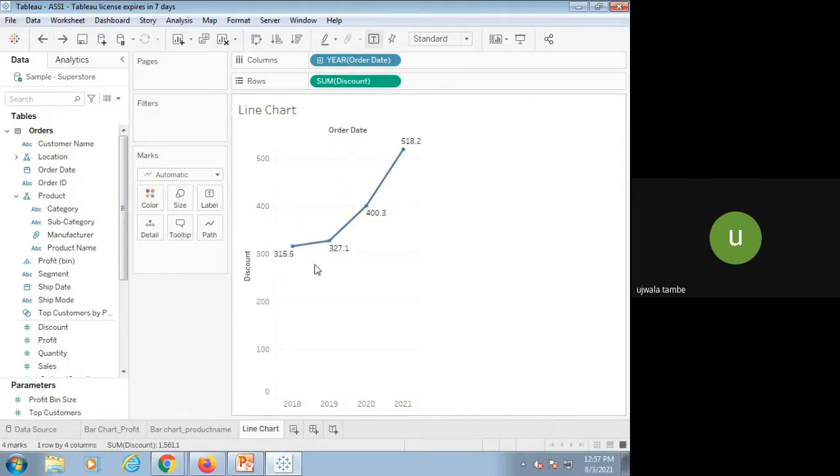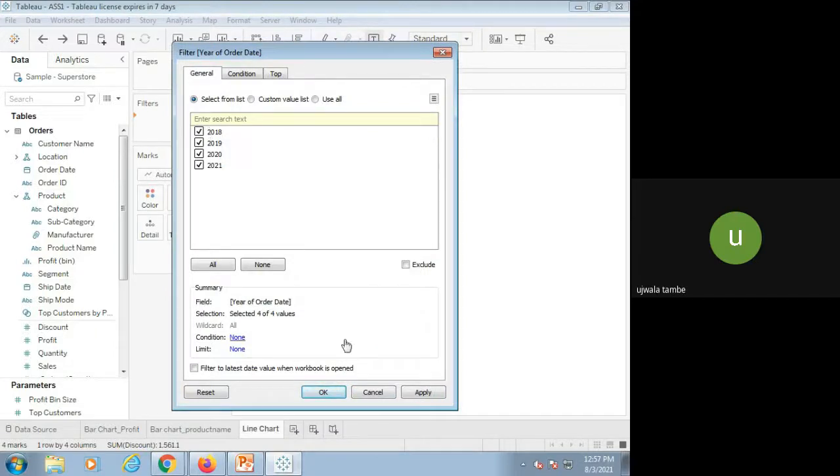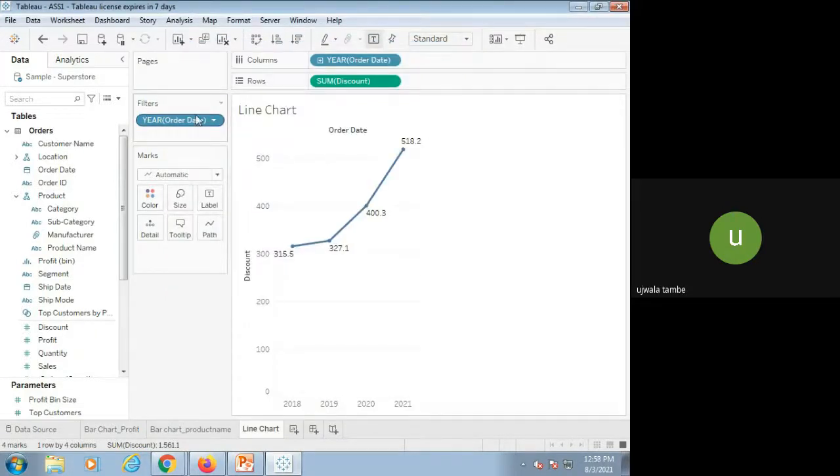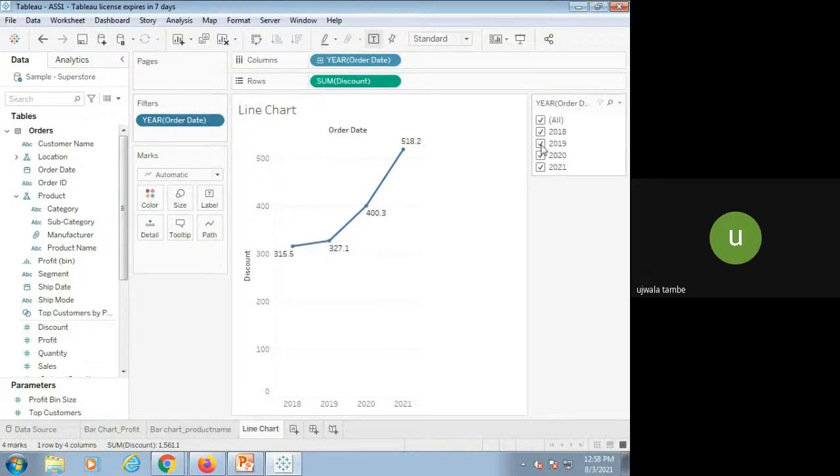What we have to do is create the filter on year. So for year I want to select the order date. You can either pick order date from here, or click the control key and drag that field over here. Click on order date, place in filter, then select years, select next, click all check boxes, apply, OK. After that, to display the filter, click on that field, choose the show filter option, and then you can modify your data. Okay, understood?